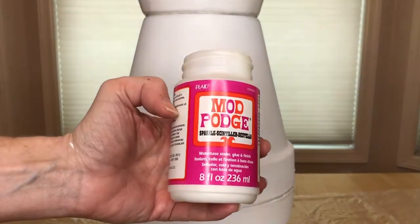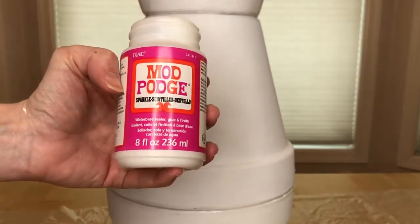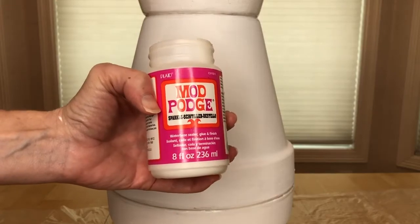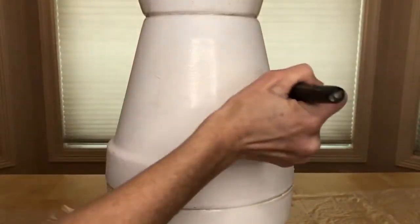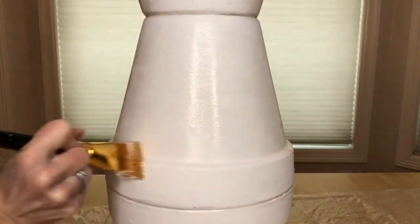Now that he's drying, I'm gonna go ahead and add some Mod Podge. It's sparkle Mod Podge, and it'll just give him a nice seal, and it will also add a little sparkly glitter to him. It's really easy to put on. Mod Podge, for those of you who don't know, is water-based, and it goes on white and then